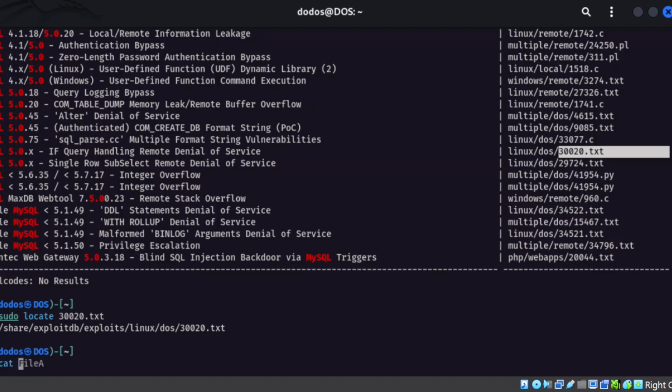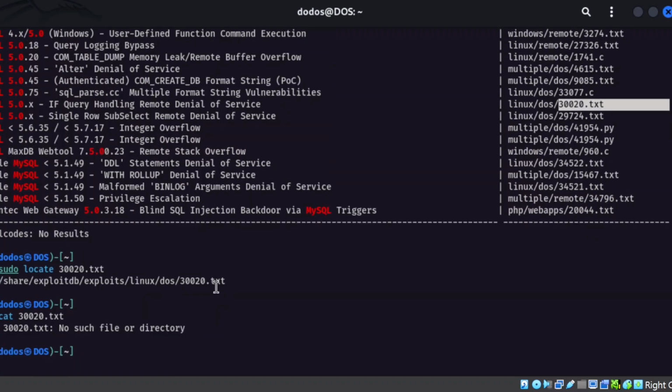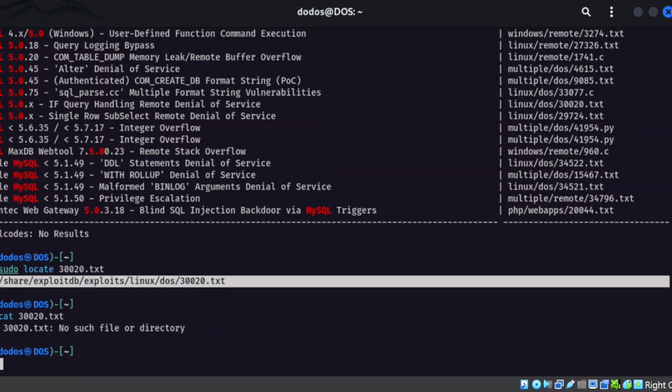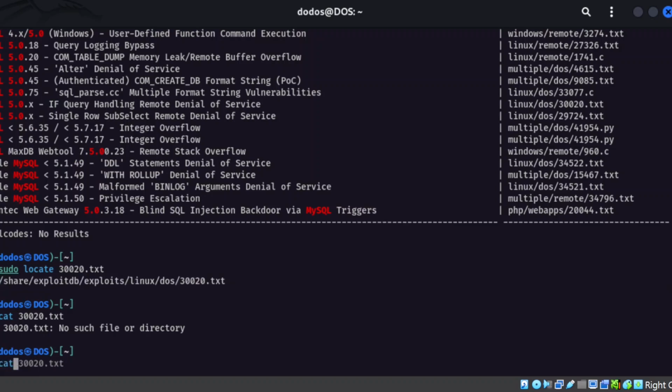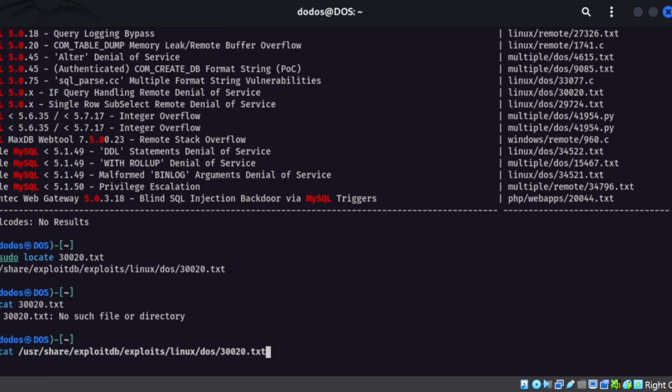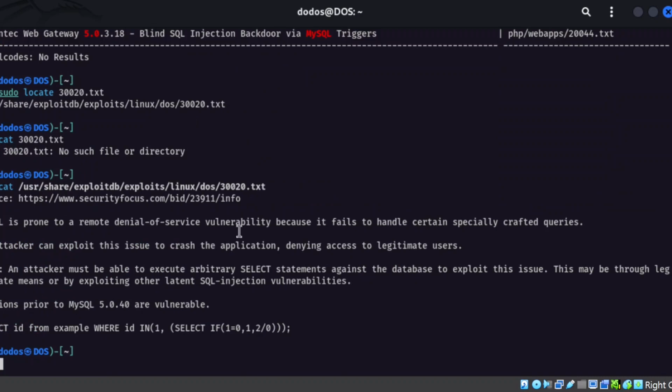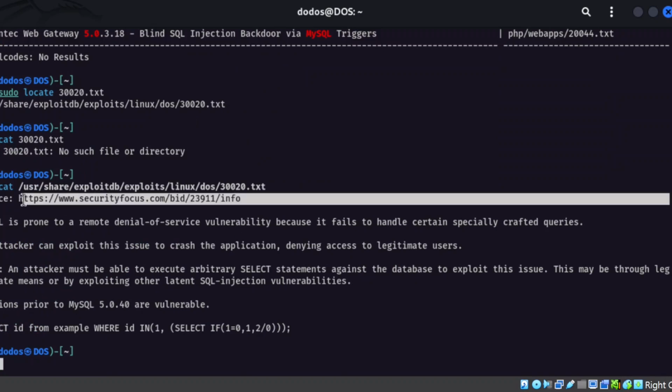Let us try to check this file.txt. You can check all of it. I told you, if you want to check a file, use cat. It tells you the source, whichever party uploaded the vulnerability on this database. Remember, Security Focus,